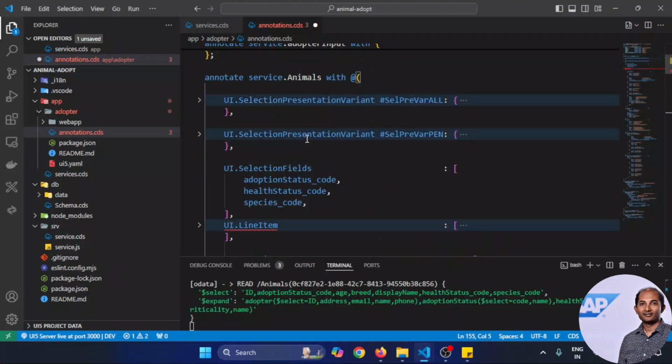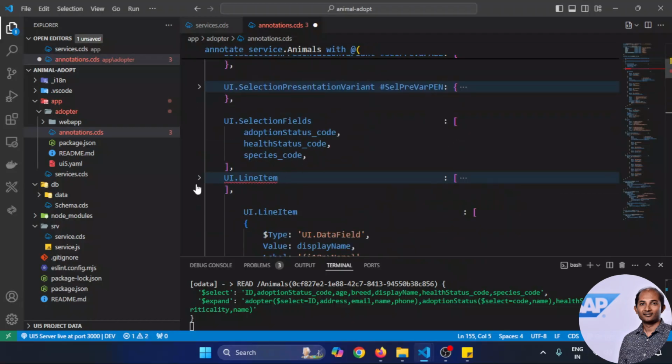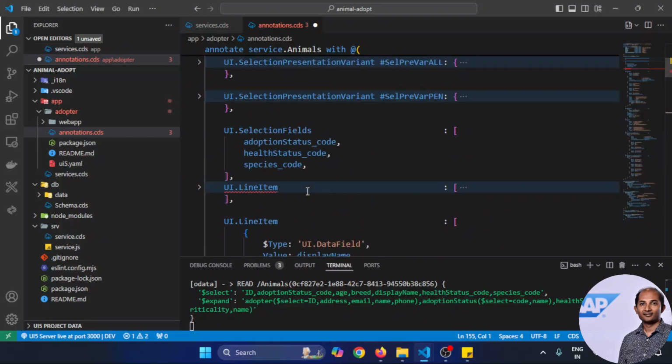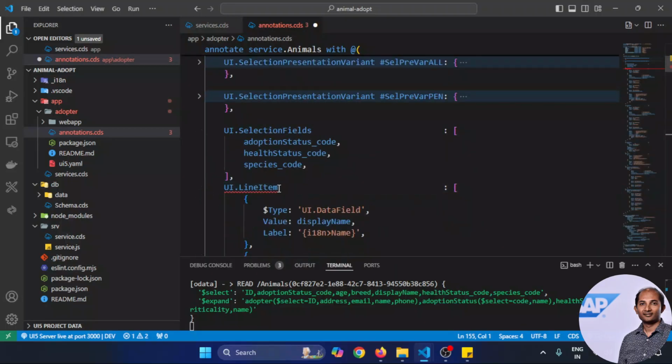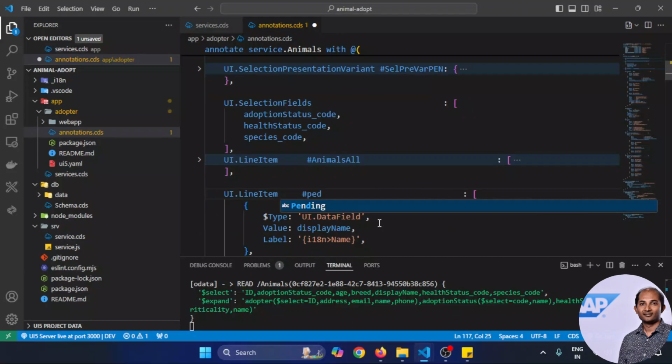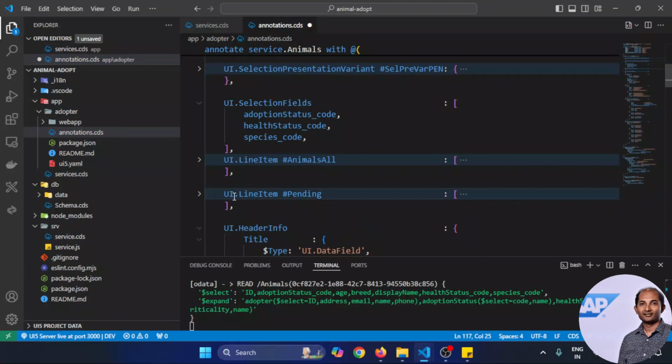Obviously all things screwed up, and we'll fix it. Okay, no worries, we'll fix everything. So how to identify these two? The first one I'll put a hash called all animals all. Now it is not different from the other line item. So the second one I'll put as pending. That way the two line items are now uniquely identifiable, one as animal all and the second one